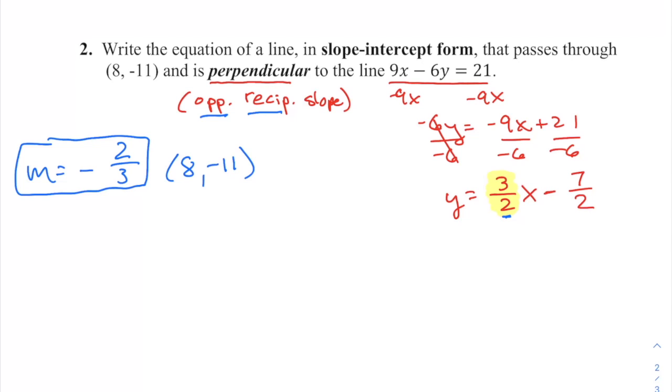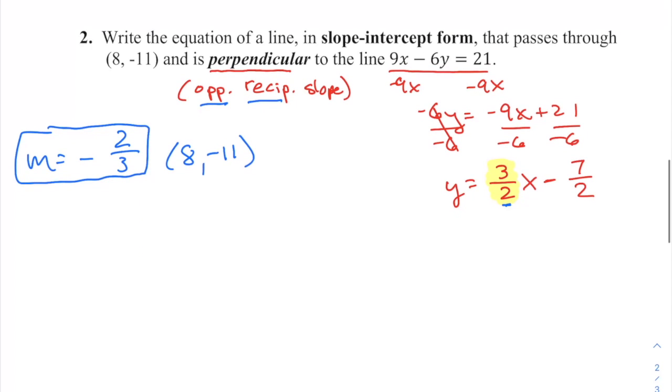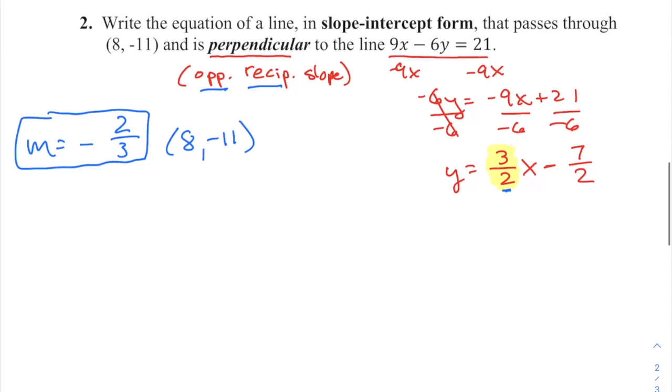And so now let's write the equation of the line that goes through there. So we could do this again with y equals mx plus b and plug in, or I could start with point-slope form. So I think I'll do point-slope form just for fun here, since we did it the other way in number 1. So I'm going to start with point-slope form, which is y minus the y-coordinate of my point. So y minus negative 11 is y plus 11 equals the slope, negative 2/3, times x minus the x-coordinate of